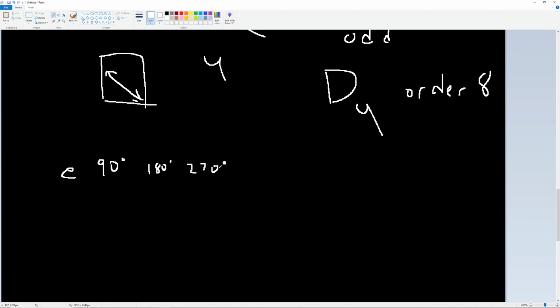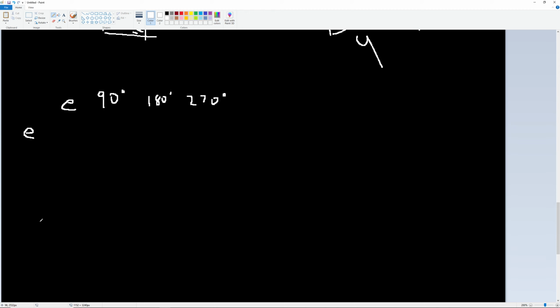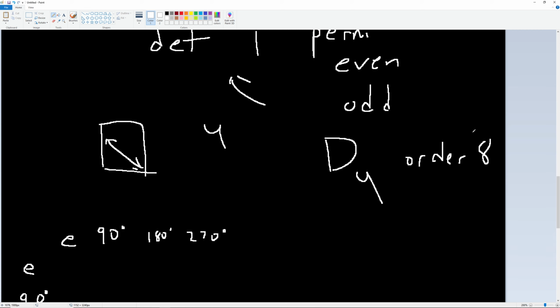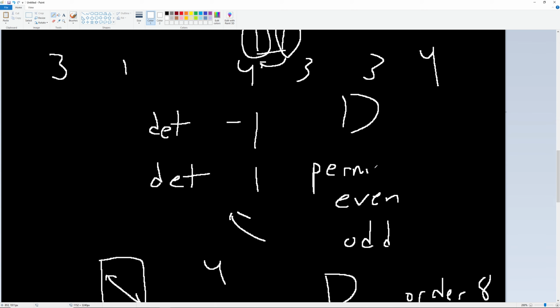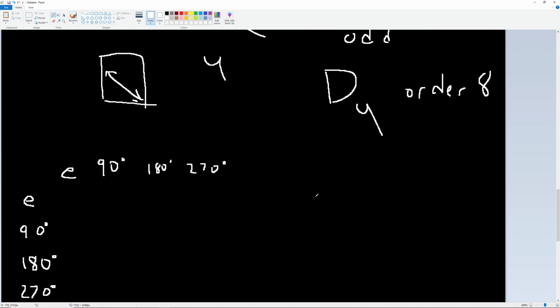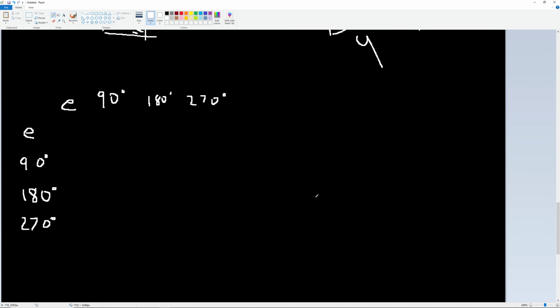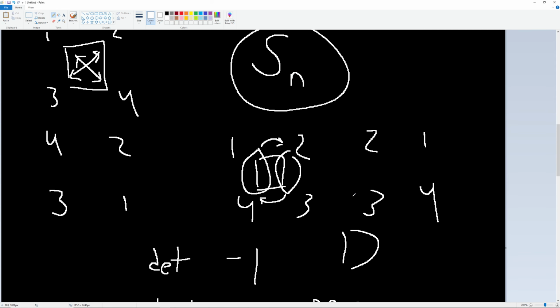I should have picked a smaller group for the first example because we're going to do this like a multiplication table, and we're going to build it out. But let's start with the cyclical group here, which is just these rotations. And it's a subgroup of the dihedral group, which allows more. And it's a subgroup of the symmetric group, which is the full permutation group of 4 elements. So S4,